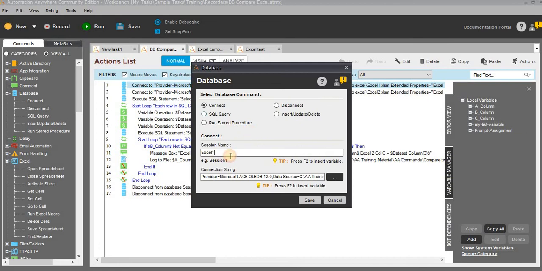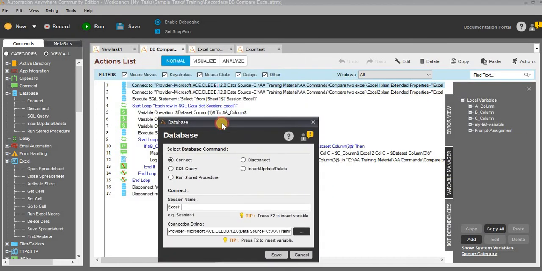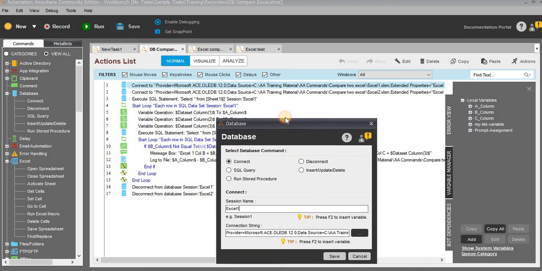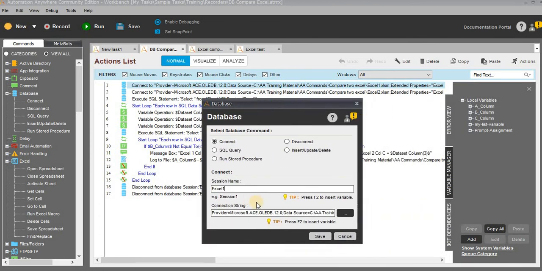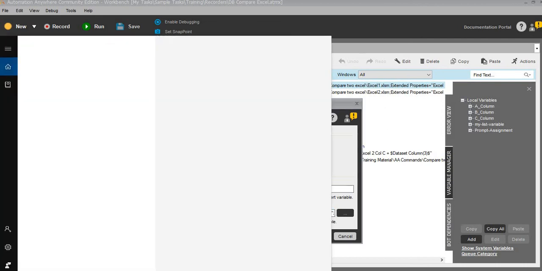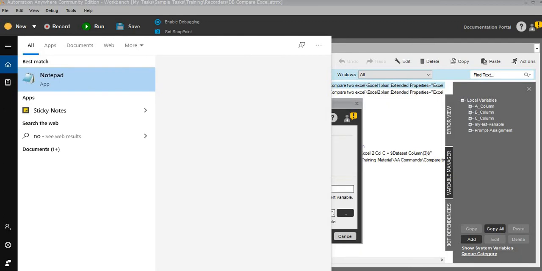I'll open this connection string so you can see. This one is for Excel1. Session name is very important. If you miss the session names, the task will not run. You will get a failure. So please give the session name exactly. And if you cannot write the connection string, let me copy and paste this into Notepad. So you can write it in any of your notepads.